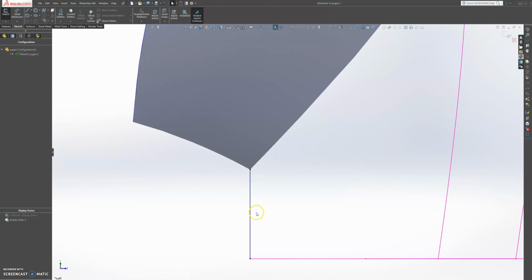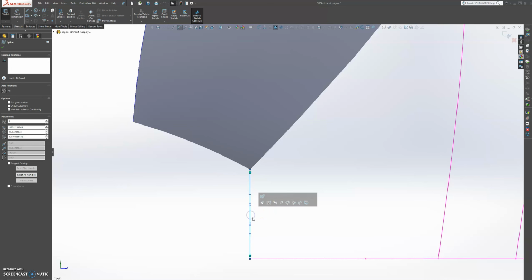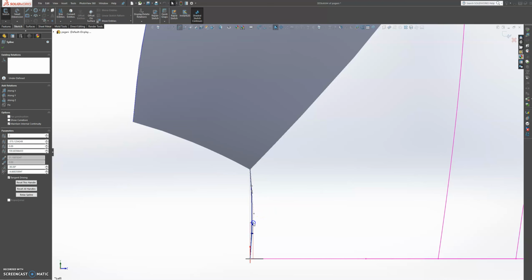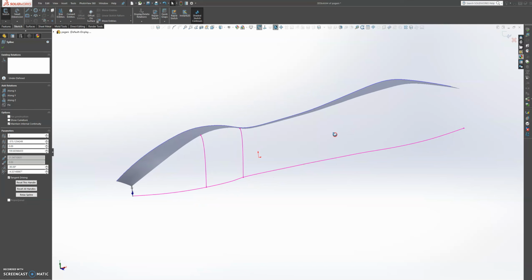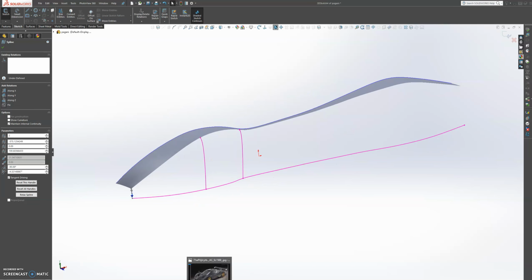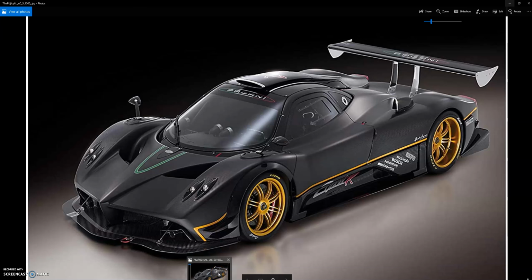and then add very minimal curvature to this section. Okay, and then we're going to add some more curvature. So let's have a look at our model. Okay,